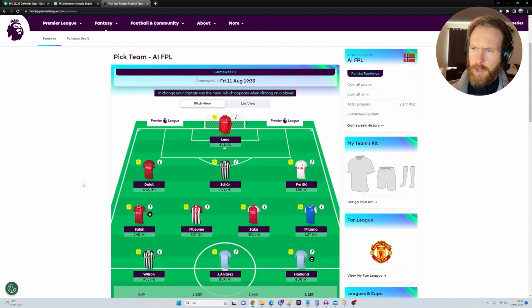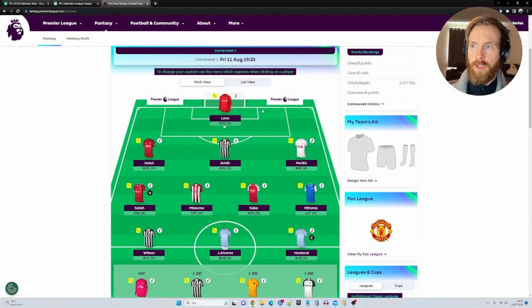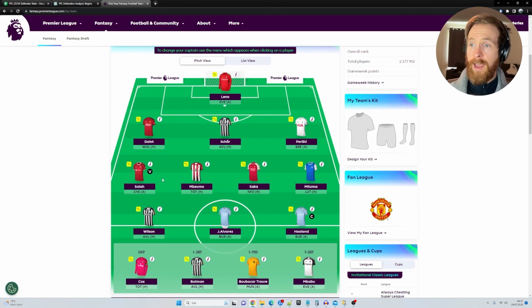This has been almost just picked by the ChatGPT code interpreter, but we haven't done defenders and goalkeepers yet. I did an early draft, so I ended up with these defenders. We have done midfielders and strikers, but we're gonna make some iterations on that. Today we are looking at defenders, so let's head over to the data set I have collected for this